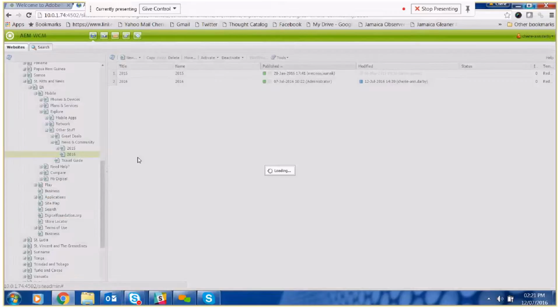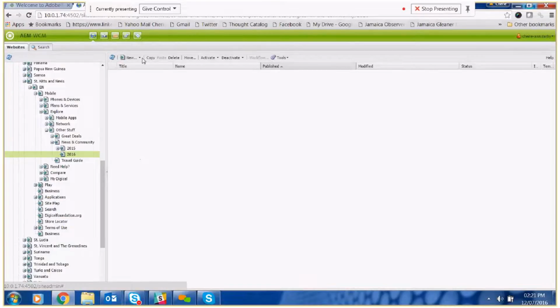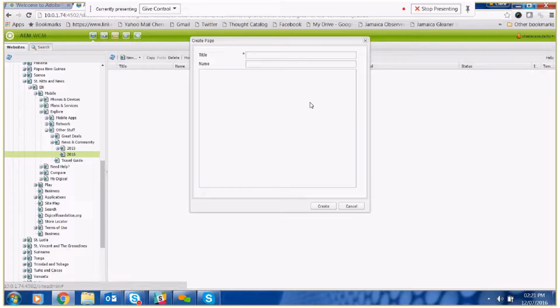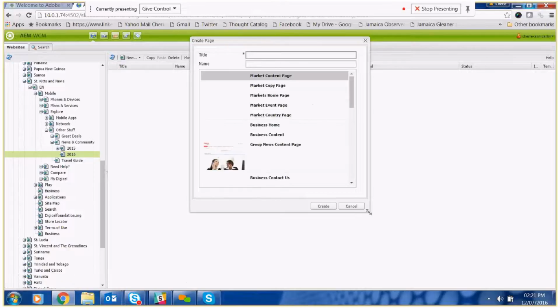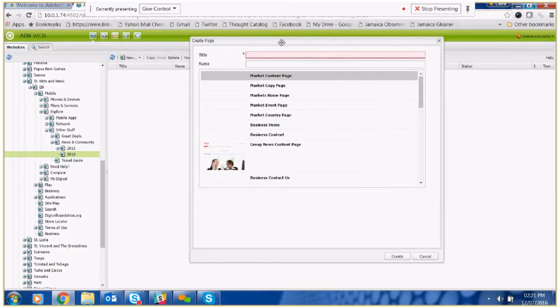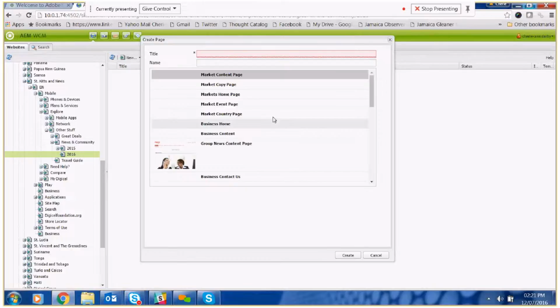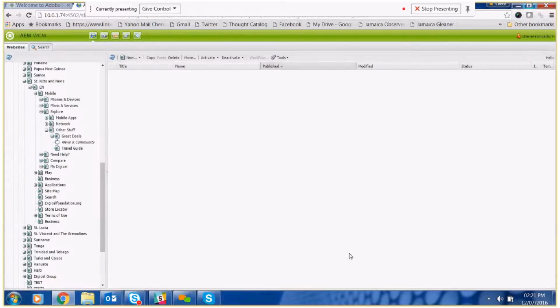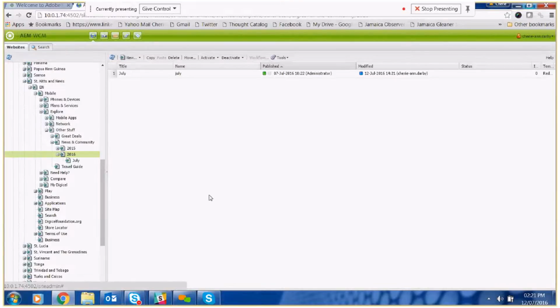Perfect. Click on 2016, then new, right? New page. What kind of template is it? It's a redirect template. And we are now in July. Okay, we're not there yet. We still need another redirect page because we need a date, right? Today is the 12th. I'm going to click